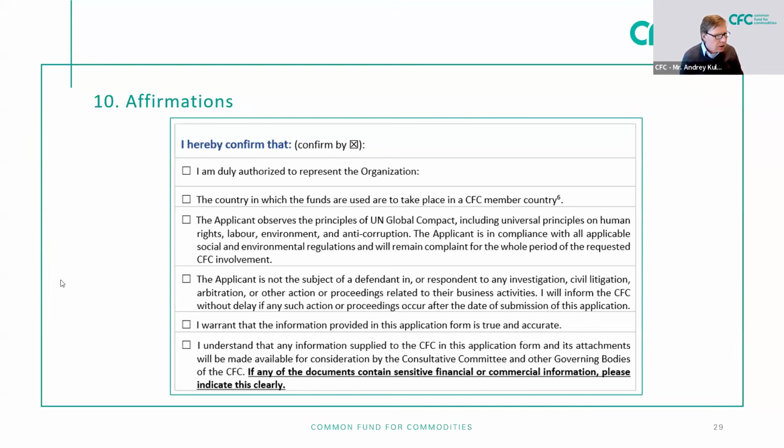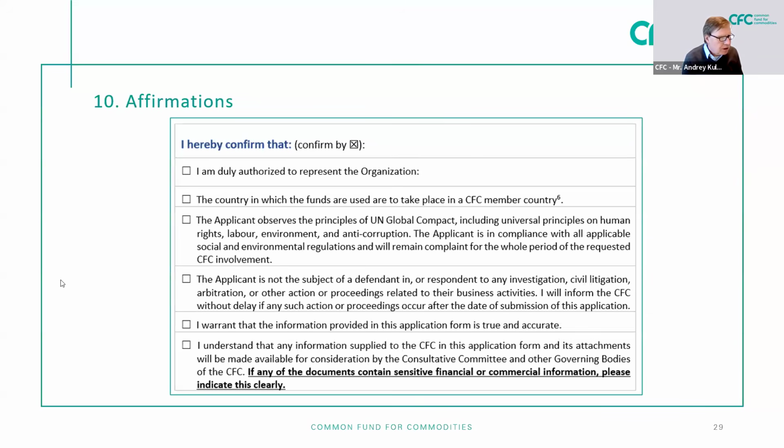So, the regular questions. We will share the presentation and recording with all the participants. We do not provide this webinar in French. There are application forms available in French, Spanish, and Chinese that you can download from the CFC website. Operations of the project must be based in a member country of the CFC. The list of member countries has been posted in the chat box multiple times. Please have a look. It's on the CFC website.